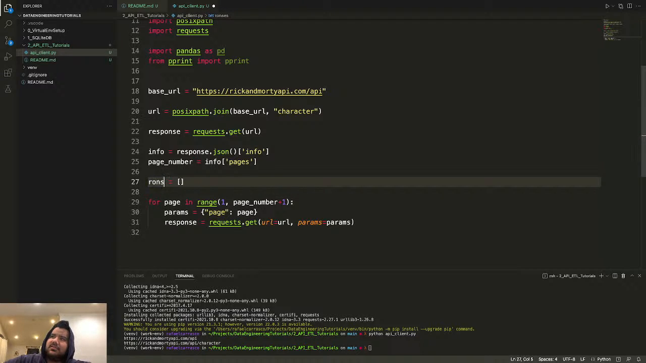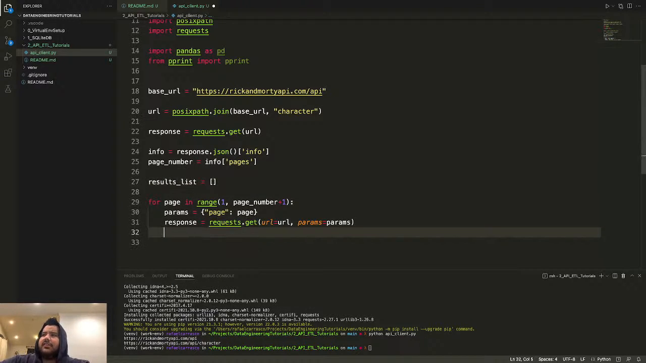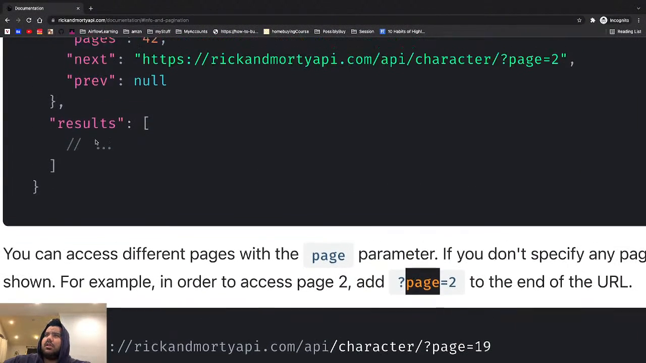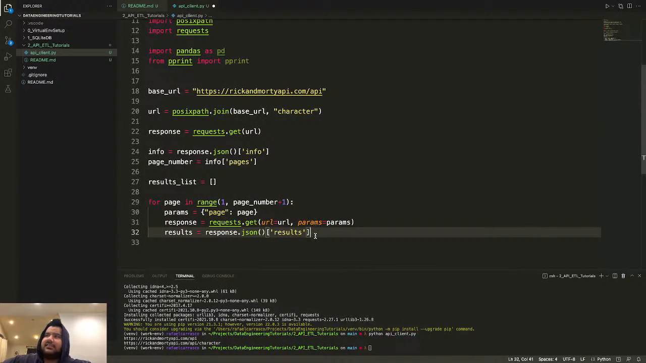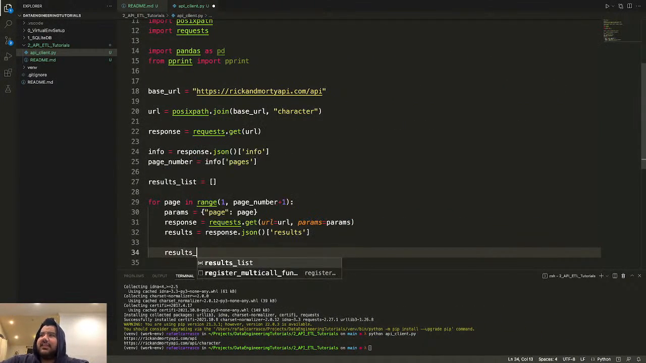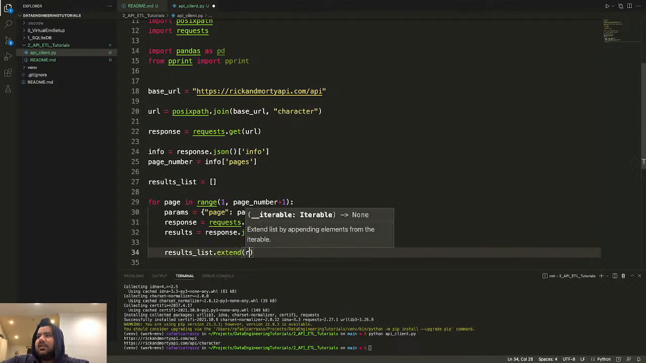Actually, I'm going to say results list. And here in my response, I'm going to get the response.json. And then in that response.json, I'm going to grab the results key, and that's going to give me a list right here. So I'm going to get a list, and then I'm going to take that list and extend my